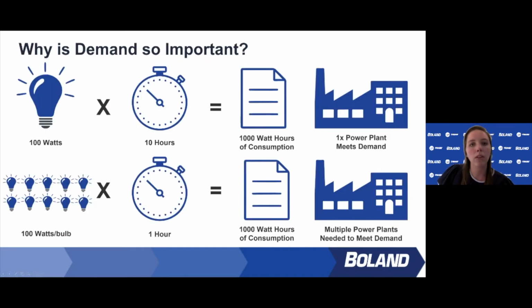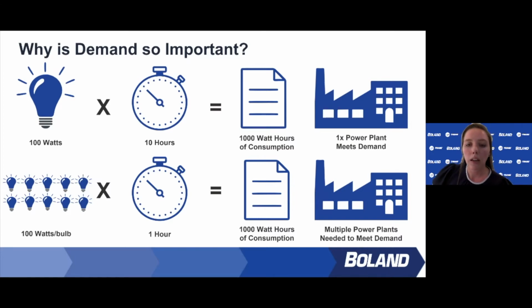So now a little bit more on demand. We're going to focus on why it is so important. So again, your electric bill has demand charges and consumption charges. But thinking about demand a little bit more, say you're running one light bulb, it's 100 watts. You run it for 10 hours, so therefore you're consuming 1,000 watt hours. And you only need one power plant to meet this demand because over time it's not too much on the